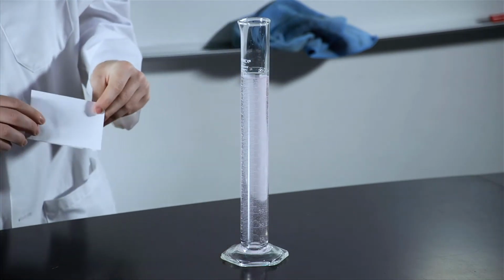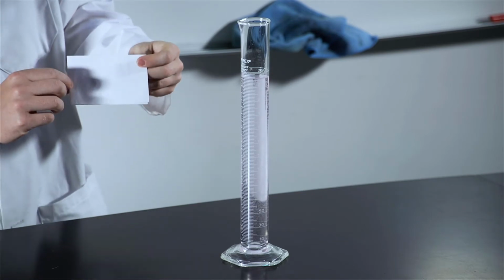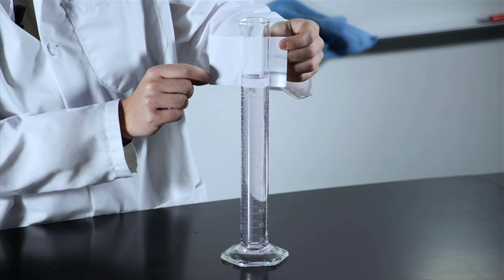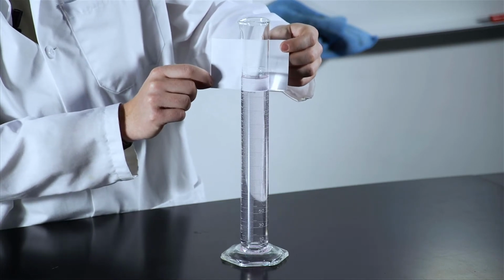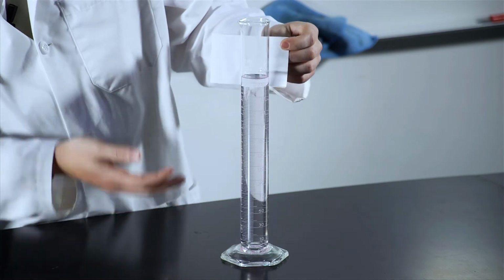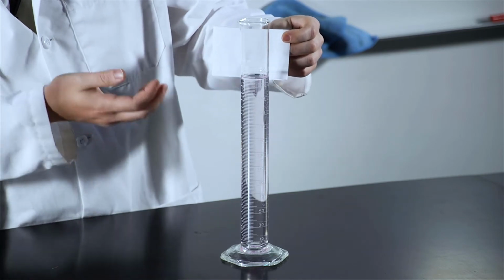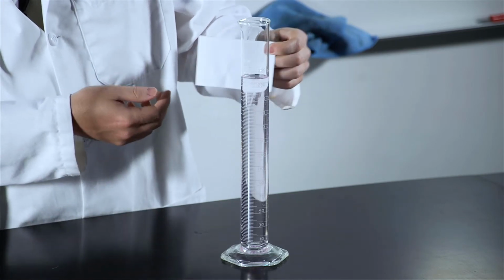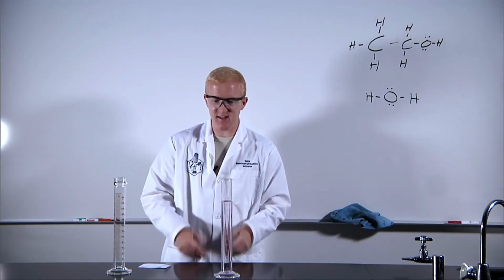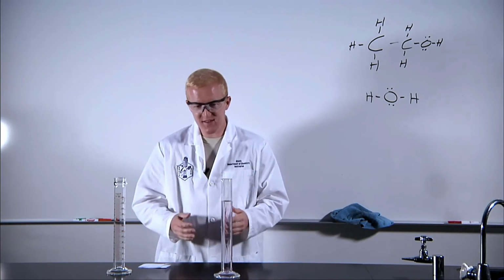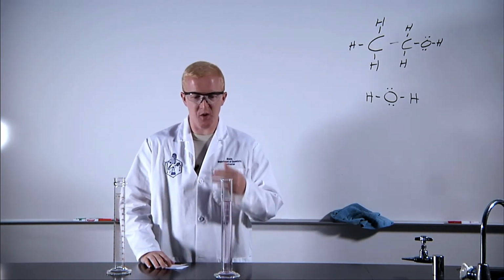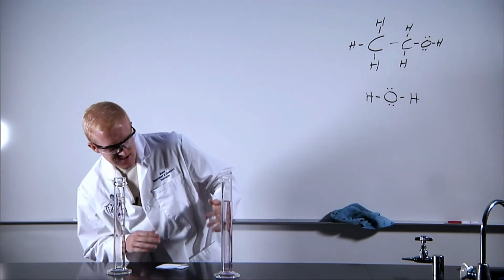A little bit of the bubbling is going to settle down, but the real thing to see here is that we didn't make it quite to 250. So our volume is below that. What's interesting is to think about what's happening between the interactions of these two things. When we started, the density of our water is higher than the density of our ethanol. We mix the two. Additively, you think we should have 250 milliliters, but we don't. We have, I would say, about